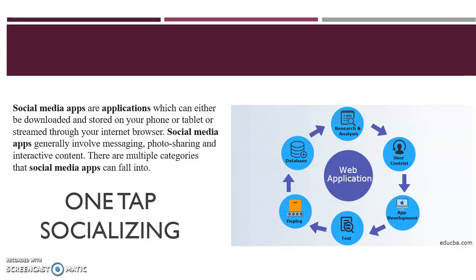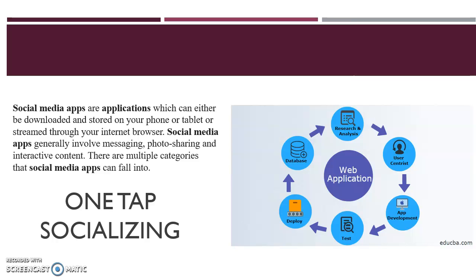To give you a brief idea about how a social media application works, it is basically downloaded and stored on a phone or tablet, or it can also be browsed through the internet. Social media applications have a lot of features, which involve messaging, photo sharing, and sharing of interactive content, be it audio, video, whatever we may include. There are multiple categories into which the applications fall. The diagram shown here gives a brief